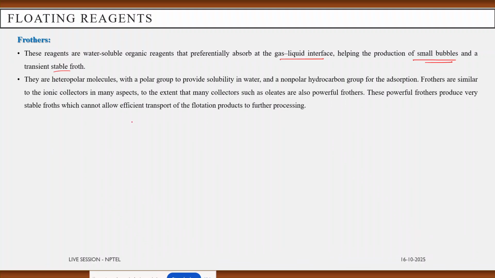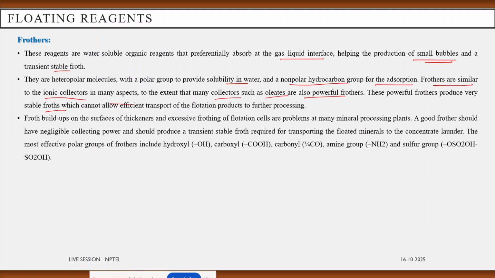So these are heteropolar molecules with a polar group to provide solubility in the water and a nonpolar hydrocarbon group for the adsorption. Frothers are very similar to the ionic collectors in many aspects, to the extent that many collectors such as oleates are also very powerful frothers. These powerful frothers produce very stable froths which cannot allow efficient transport of the flotation products to further processing. So froth buildups on the surfaces of thickeners and excessive frothing of the flotation cells can be problematic at many